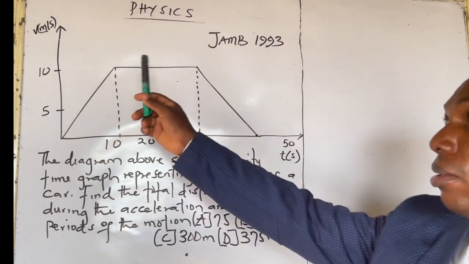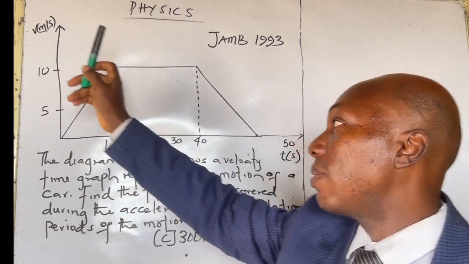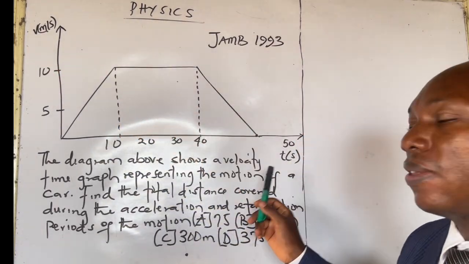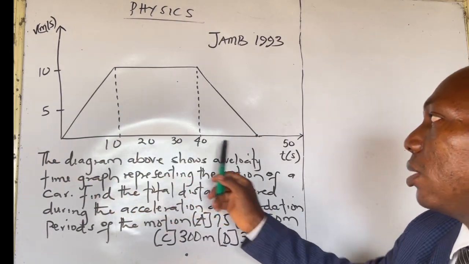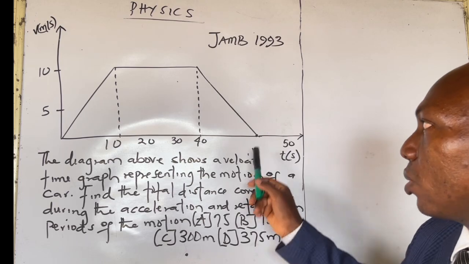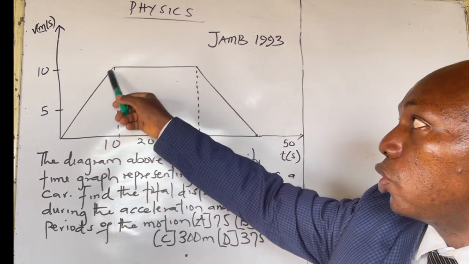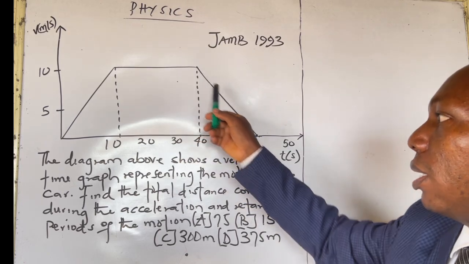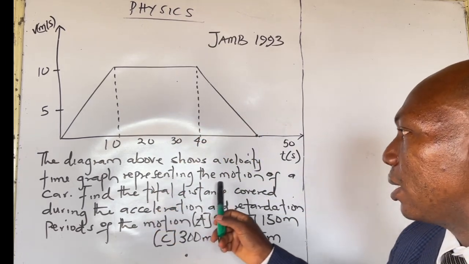Let's see this now. This is the diagram, and this is the velocity in meters per second, and time is in seconds. And we have 5, 10, 20, 30, 40, and 50. And we are given the deceleration of the particle. This is the acceleration, constant speed, and the diagram above shows a velocity time graph representing the motion of a